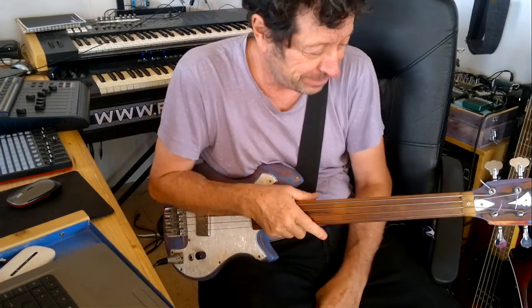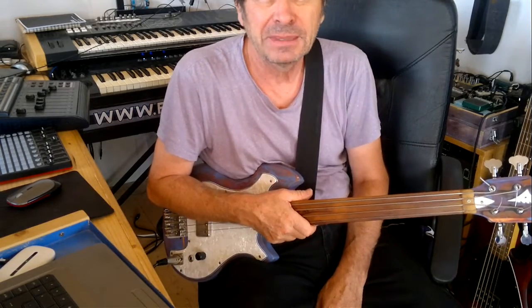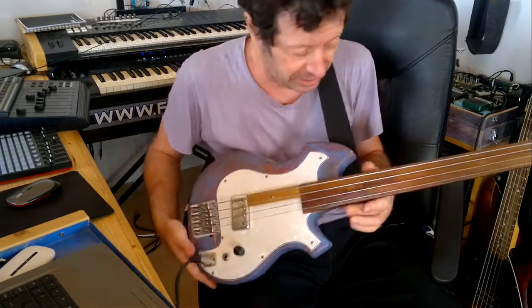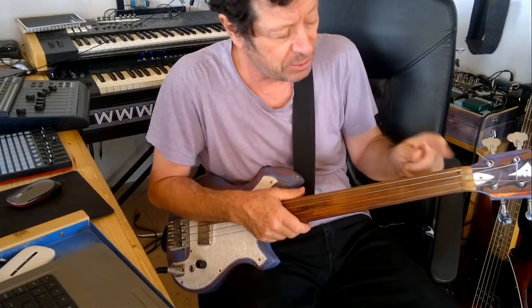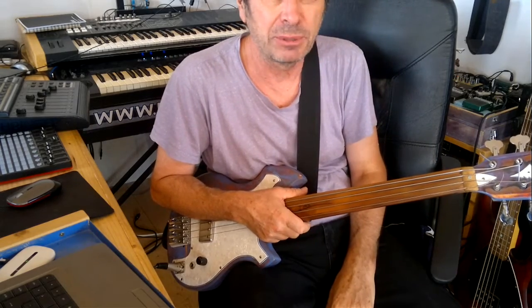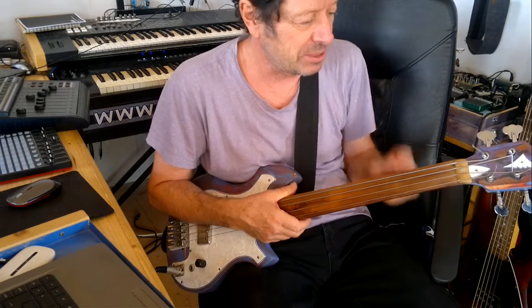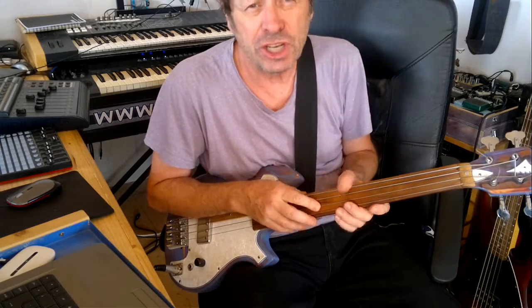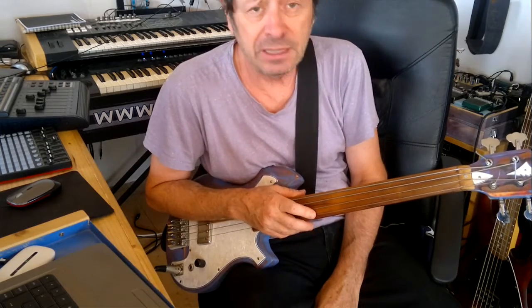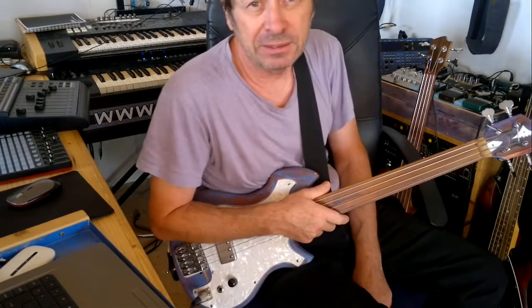Okay, so this is what I call a mini bass. I built it myself. I had an idea because I've seen one, tried one in São Paulo, Brazil, and I just loved it the first time I played it. So it's tuned A, D, G, and C on the top, which is in fact similar to